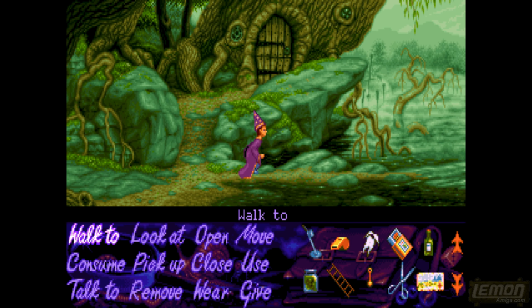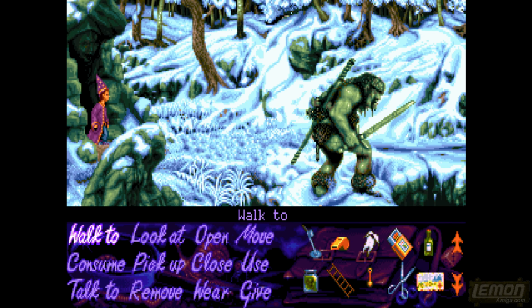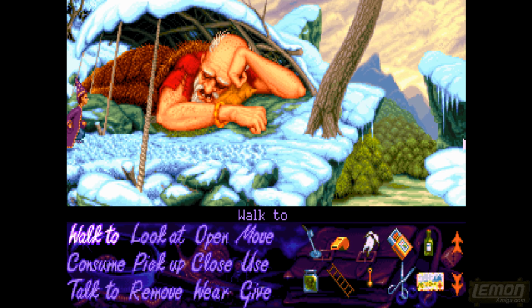Now we can also take the road through the swamp, and the swamp road is important because we're exploring at the moment, and we can simply jump without having to jump. That's a great effect, and look at those graphics. And so let's enter what looks like a cave, and that was the world's shortest cave because we're now at the North Pole, and that's interesting because everything's frozen up here. But it really is a great atmosphere no matter what, and we've managed to find a guy who's asleep, and